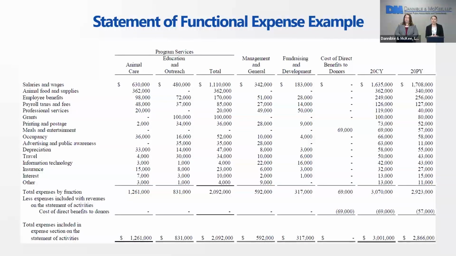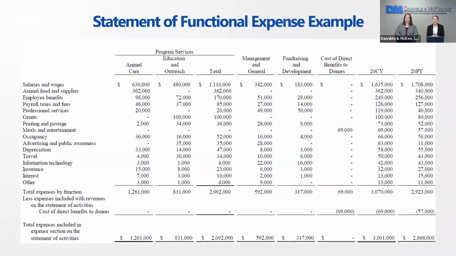Some organizations may choose to show rent expense on its own separate line. Some organizations may choose to show utilities and other occupancy all grouped into one line with your rent. The purpose of this is really transparency to your readers. So if you're just using a very general category like program expenses and office supplies, and those are your only two lines, in general, you would need to do some work to break